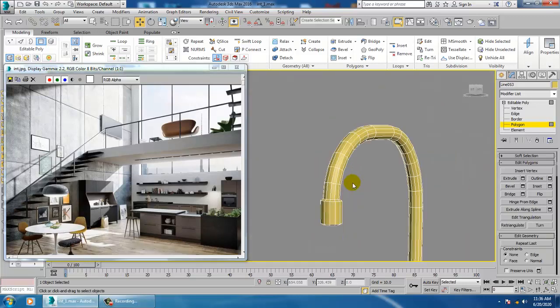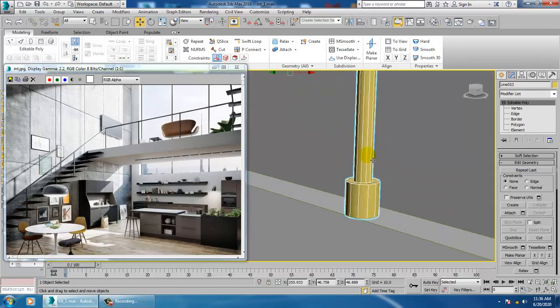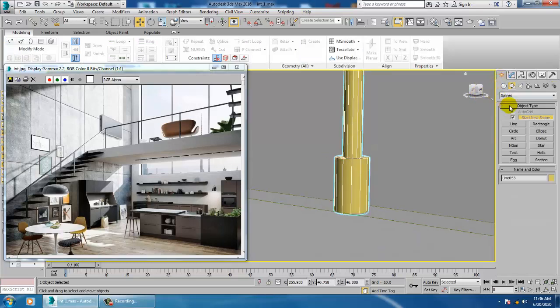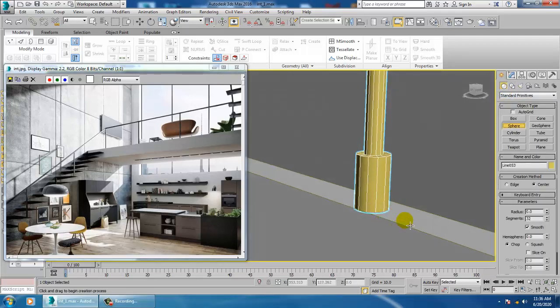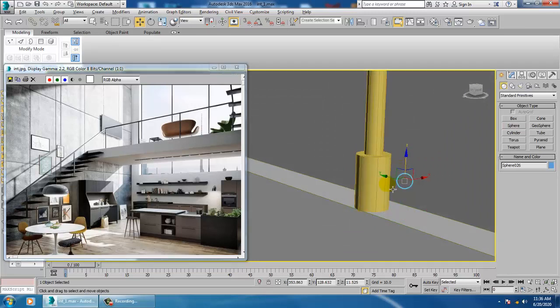So save your file once again. This is a tap which we have modeled over here. Select the vertices, shift them up. Again I will take one cylinder, or you can just take a sphere. So just create a sphere over here.